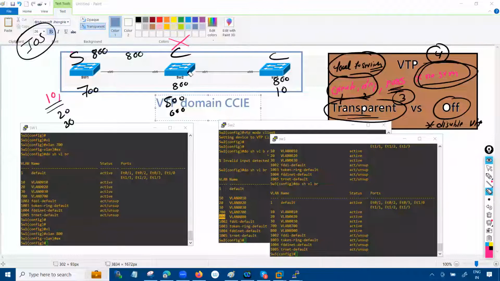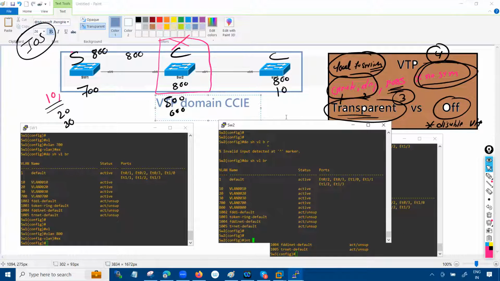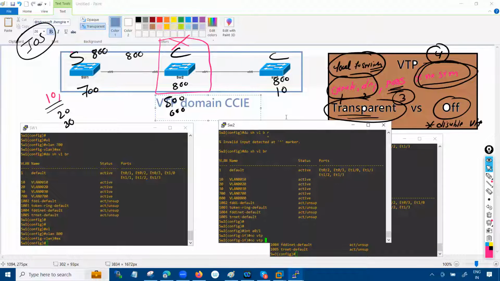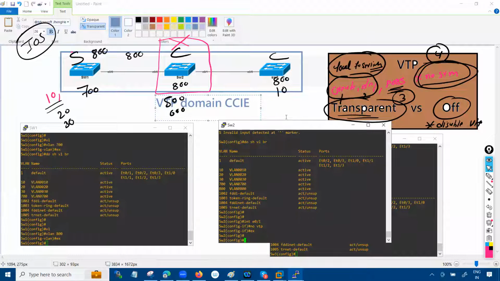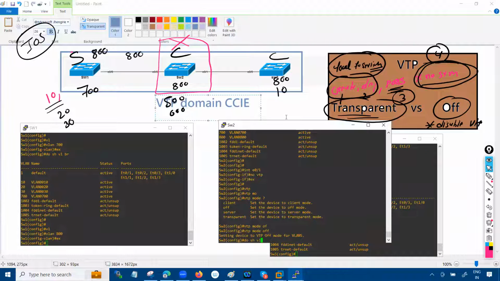Switch 2 is saying, hey, I'll be like an isolated guy. I don't want to hear any VTP packets from there. So I'm just going to disable VTP on this particular device. In that case, you do have an ability. In the previous case, we just went to the interface and said no VTP, which disables VTP for a particular interface. Now you can simply disable VTP on a complete device. I said VTP mode off. Now if you do show VLAN brief,